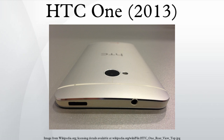Google Play Edition. On May 30, 2013, HTC announced that Google Play would sell a variant of the HTC One with a stock Android operating system as a Google Experience device. It was released in the United States on June 26, 2013 alongside a similar version of the Galaxy S4. While still carrying Beats audio support, infrared functionality was not initially available, but was enabled by the update to Android